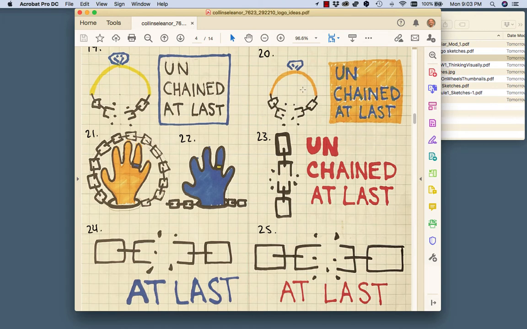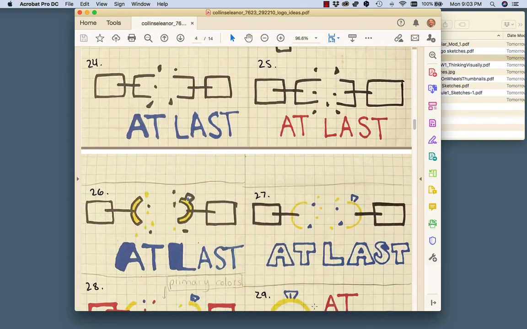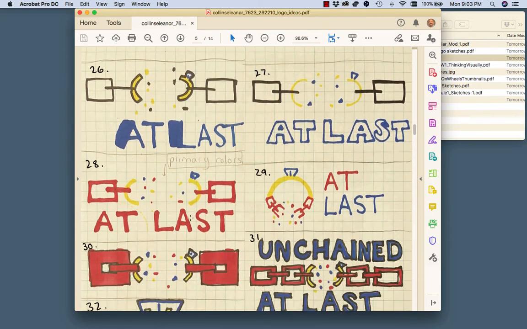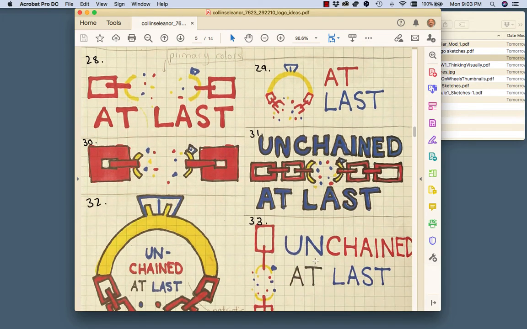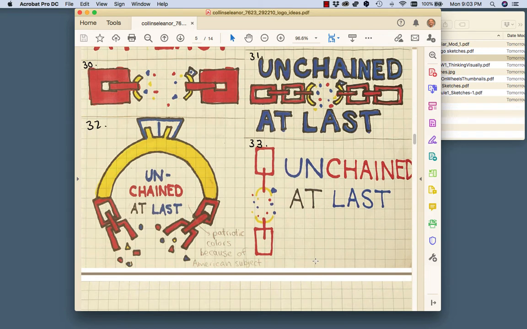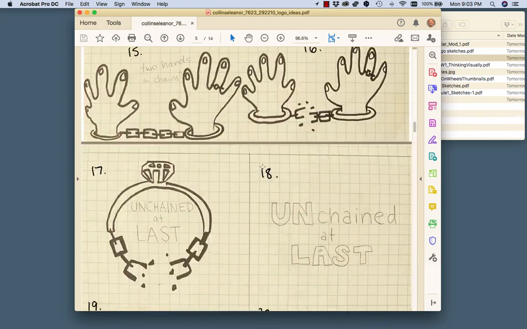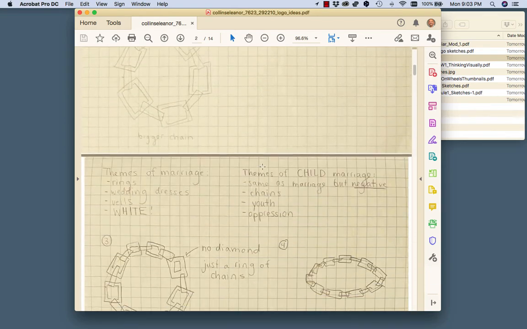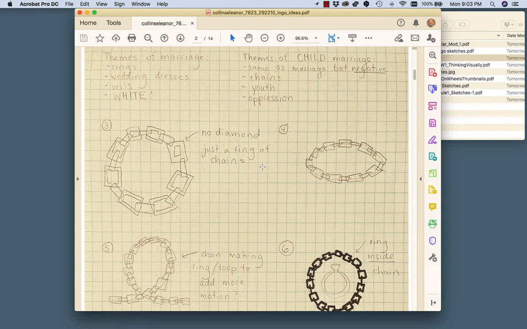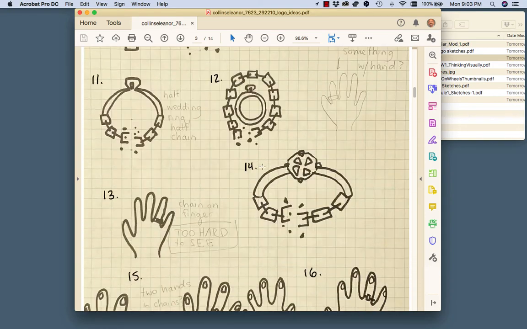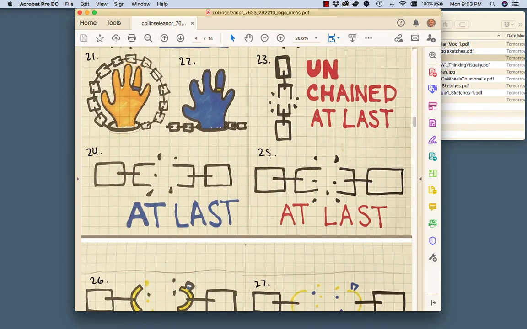These up here with the rings, same thing. These at the bottom. I think the graphic icons should be something simple, up close, something kind of abstract in a way, because when I see "Unchained at last," and then I see the loops of the chain being broken, I can get the concept without having to look at all of these. I think it can still be illustrated. So I'd much rather see something a bit more simple in its concept,